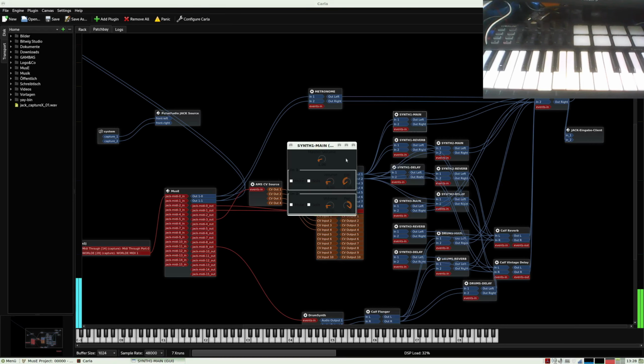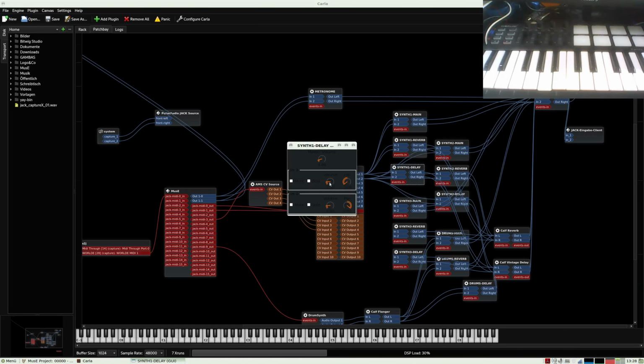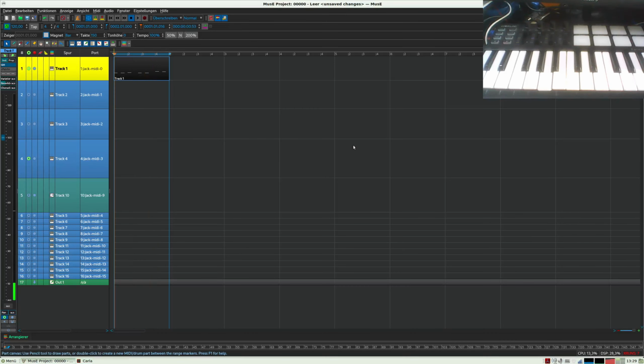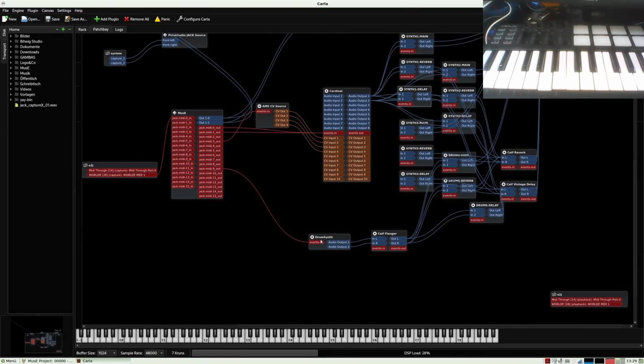This is the main volume, and this the volume for the reverb. Put it a bit down, and the delay also. And stop it.